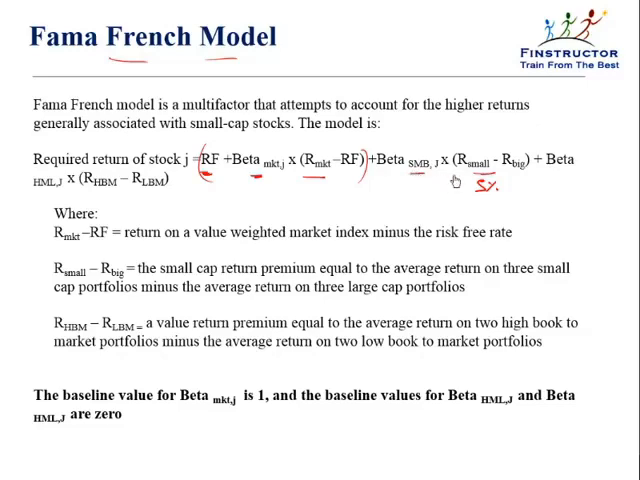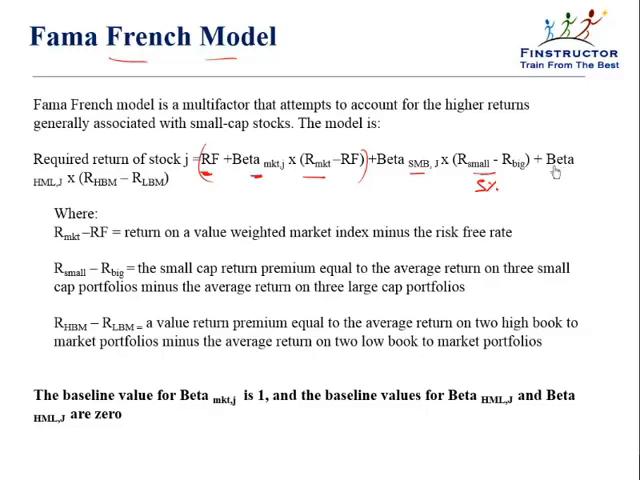So if you're a small company, then you are expected to deliver a higher return because the risks associated with smaller companies are also higher. They go bankrupt, they can shut down easily, and you can lose all your money. So this beta would be a high number for a very small company. Similarly,